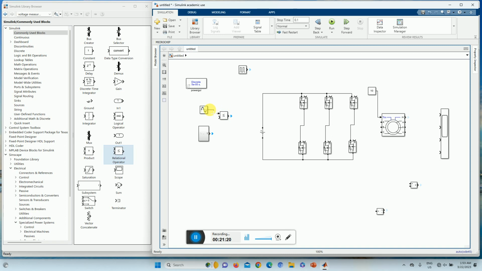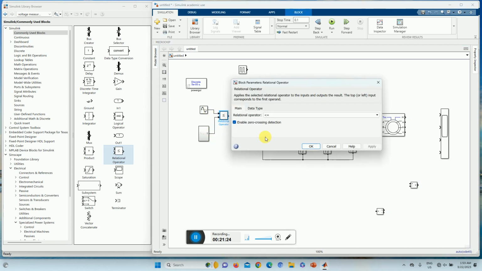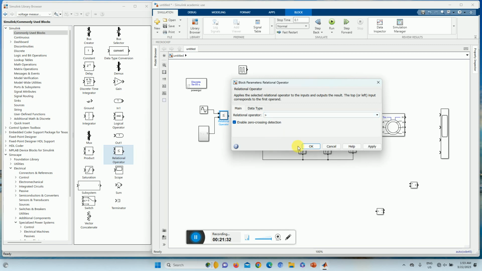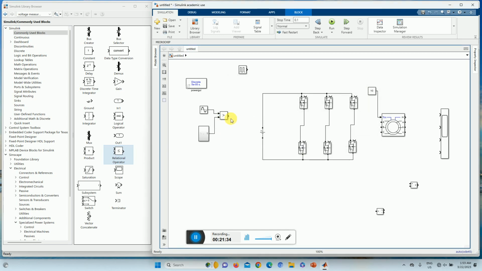So I can have this one here and this one here. If I say greater than or equal to, or only greater, then if it is greater, I can give a pulse to the upper one, and if it is lower,